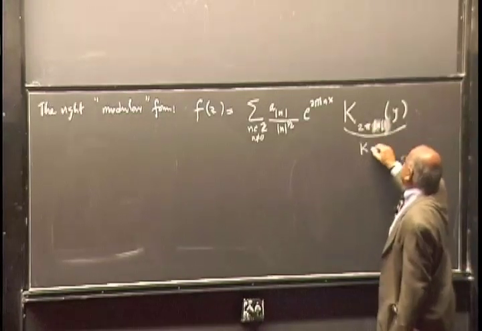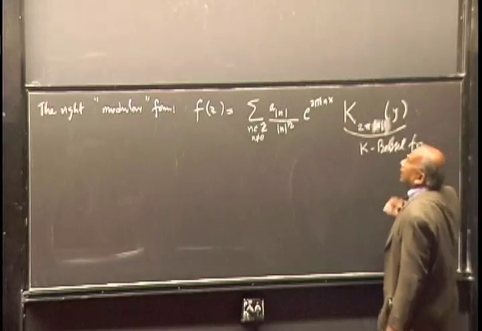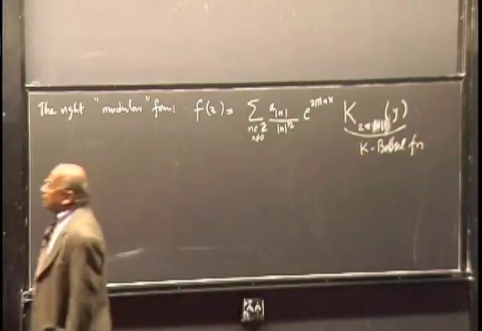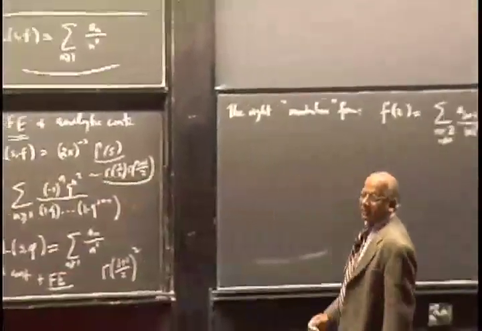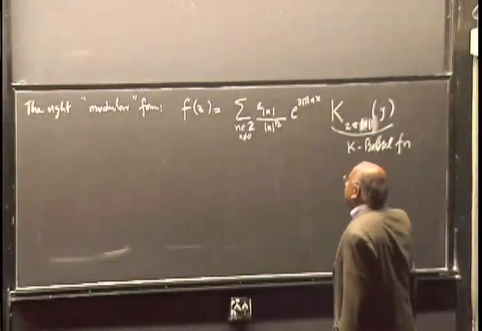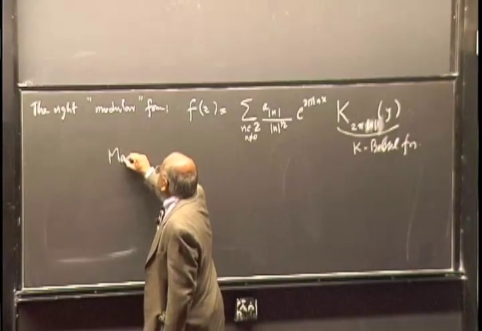It's kind of interesting that sometimes you may start with a q series that looks like a modular form in the usual sense, but it's something more complicated. So this is what is called the Maass form